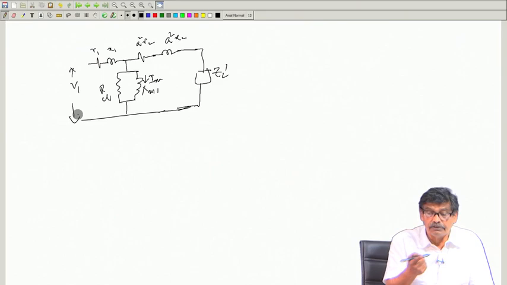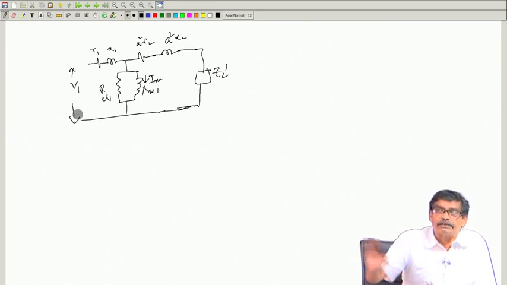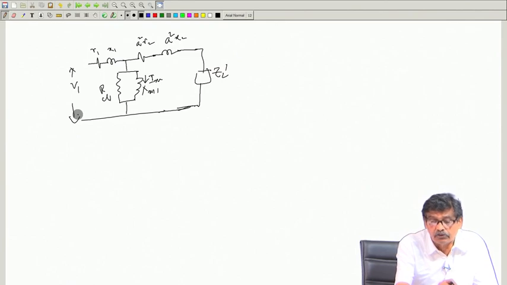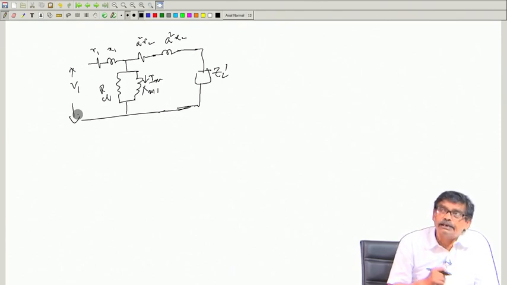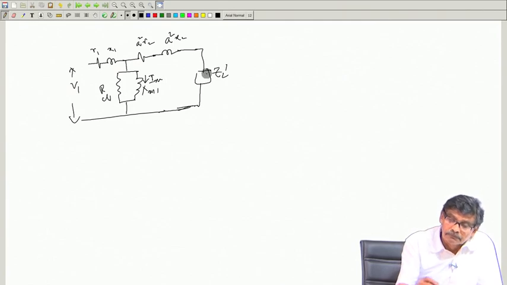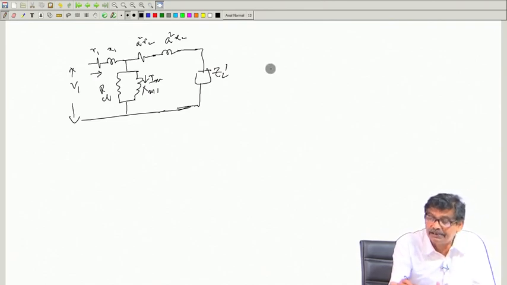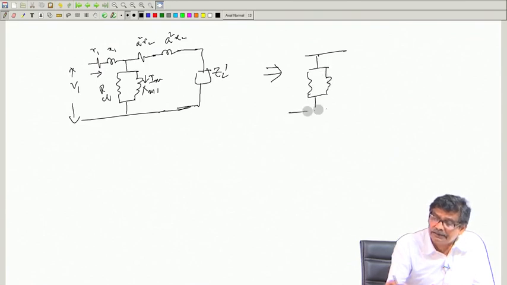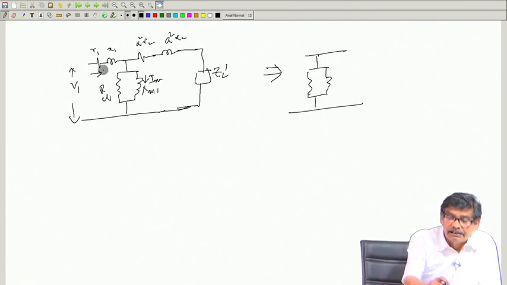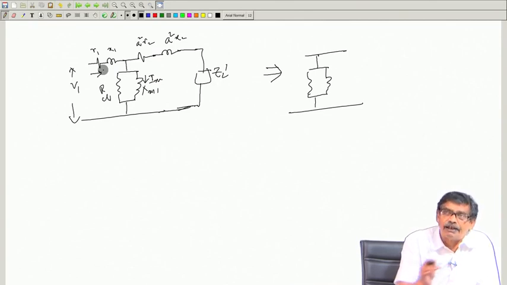Now, what do I mean by no load first? No load means nothing is connected to the secondary, therefore the current drawn will be the no load current. And when you connect a load, this current will change. Earlier the no load current was very little, 2 to 5%, so this drop could be practically neglected. That is why we drew the approximate equivalent circuit earlier. But anyway, this voltage decides magnetizing current, hence flux.